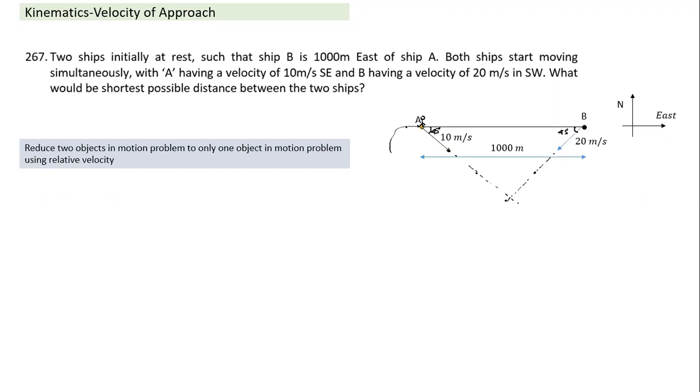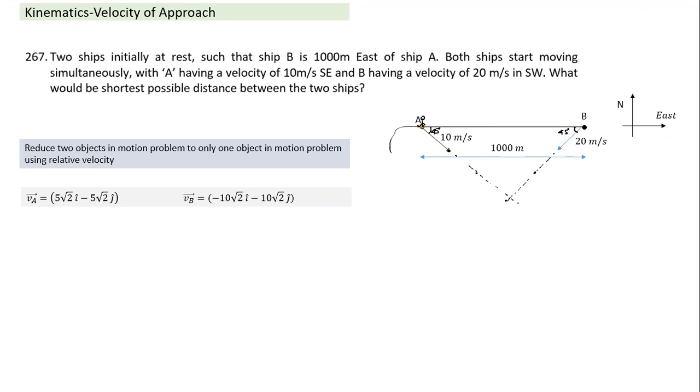So we assume the frame of reference of A, which means you have to assume that you are in ship A, because that is the coordinate system. Now let's see how B will move using the concept of relative velocity. To find the relative velocity of B with respect to A, we take VB vector minus VA vector, which is a vector difference. First we can write in unit vector form, then it becomes easy. So what is VA vector? VA vector will be 5 root 2 i cap minus 5 root 2 j cap, since the i component is positive and the j component negative.